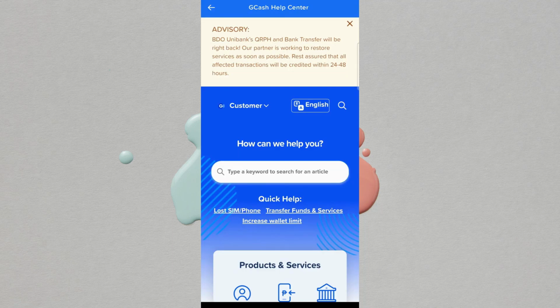In today's video, I'm going to teach you how to fix GCash account is on hold. If you've seen a message saying your account is on hold, don't worry. This usually means certain features are temporarily restricted for security or verification reasons. The quickest way to resolve it is by using the official GCash Help Center and following the guidance tailored to